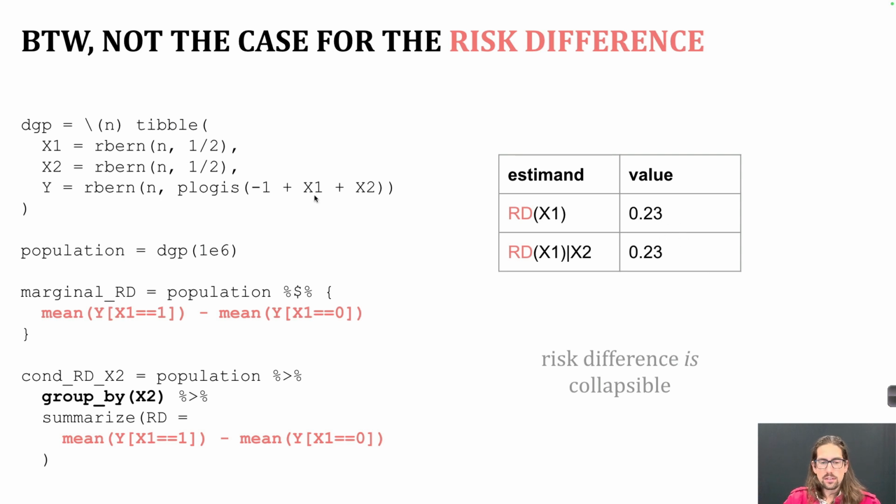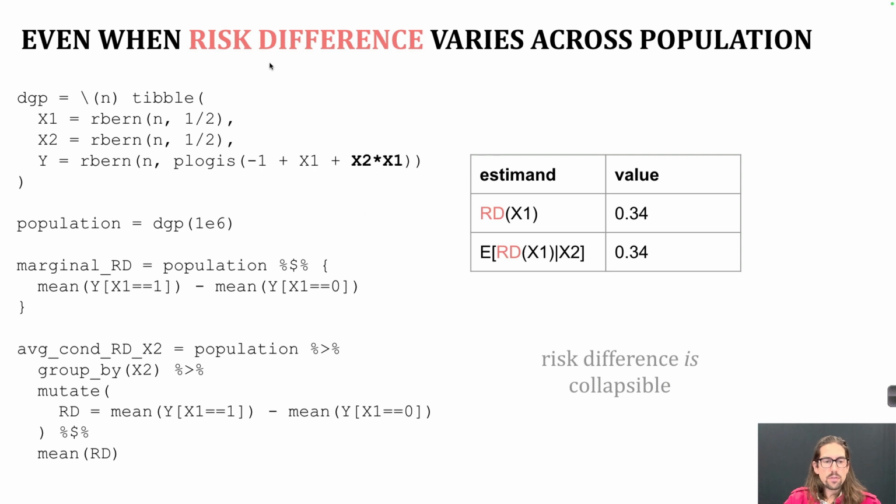And this is the case even if the risk difference actually varies in the population. So here I'm making it so that there's a different risk difference in the x2 equals 1 group than in the x2 equals 0 group. So there's two subpopulations where there's two different risk differences. And I can get these numbers to match up by just averaging the risk difference in those two populations. And it turns out that the average of the risk difference in those two populations is the risk difference in